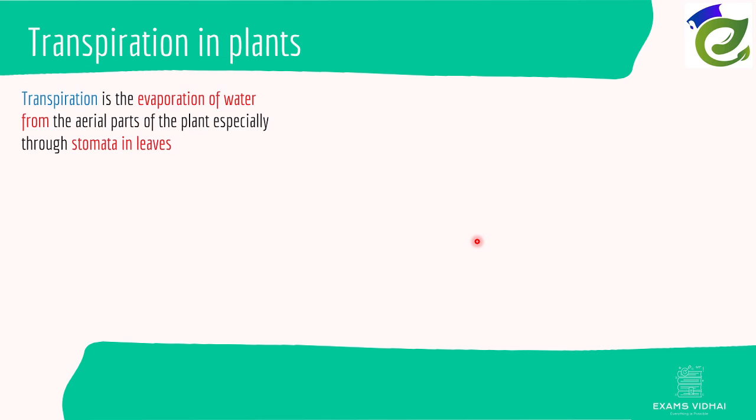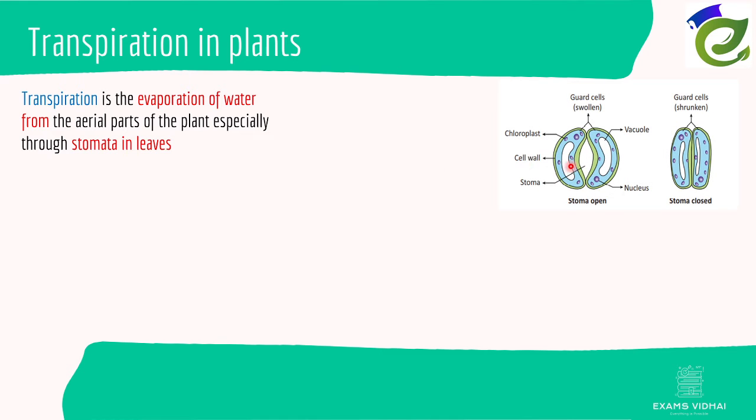Transpiration in plants. Transpiration is the evaporation of water from aerial parts of the plants, especially through stomata in leaves. Stomata is one of the aerial parts of the plant, and this is a pictorial representation of a stomata. The question may be asked like, where can you find stomata? In your earlier classes, you might have learned that stomata is found under the leaf of the plant, and that is completely correct. Under the leaf, you will find this porous tissue that is responsible for respiration of plants as well. Not only respiration, we have also learned that it's responsible for evaporation of water